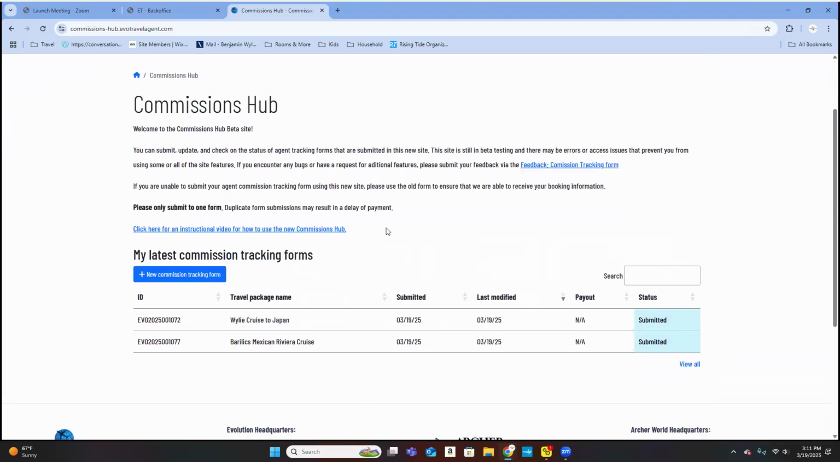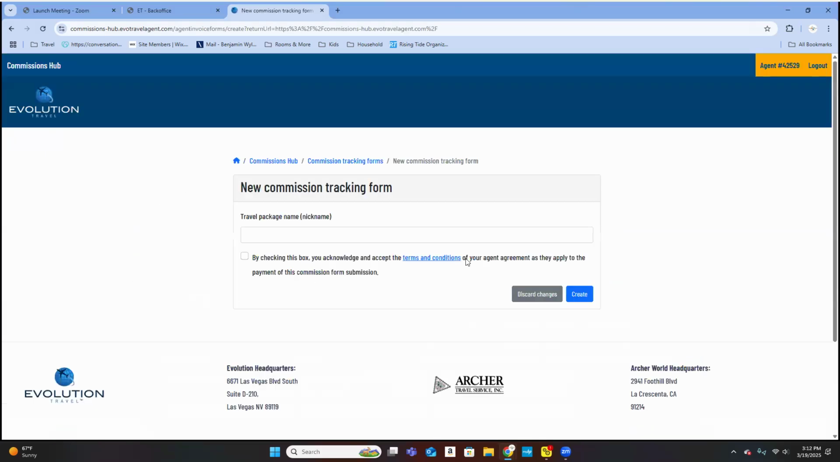As you can see, I've already put in some new commissions in there, but let me go ahead and show you guys. I'm just going to do kind of a dummy one. So we're going to go right here where it says New Commission Tracking Form, and then you're going to name this something. So for instance, let's say you're doing a family cruise and there's going to be